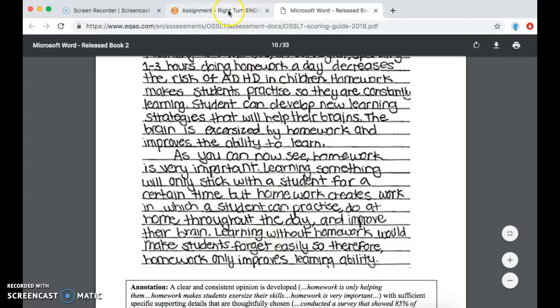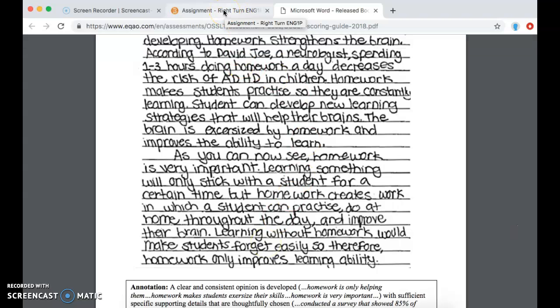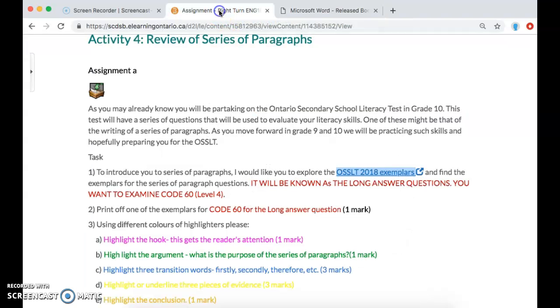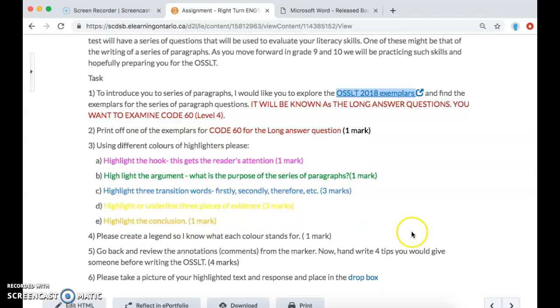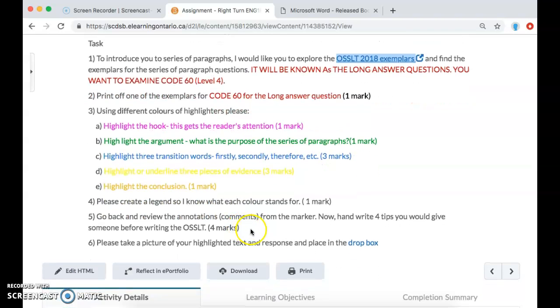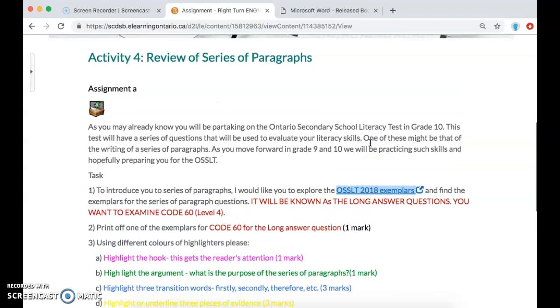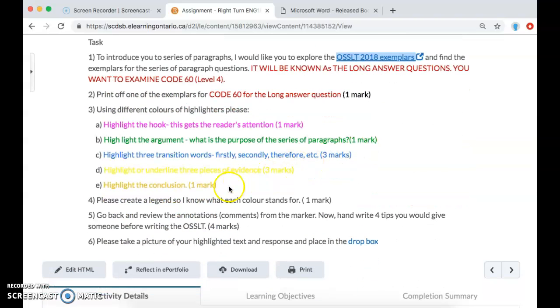Okay, so you can go back and take a look at those. The link for these are also in the lesson for the summative for Unit 2. I just thought I would come back here because we were going through the whole lesson as a whole. So as you recall, maybe, I'm not sure, but when you did this assignment, you had to highlight the different parts of the paragraph, okay? So just as a reminder, because I'm pretty sure you gave some pretty good advice. One of the things you had to do here